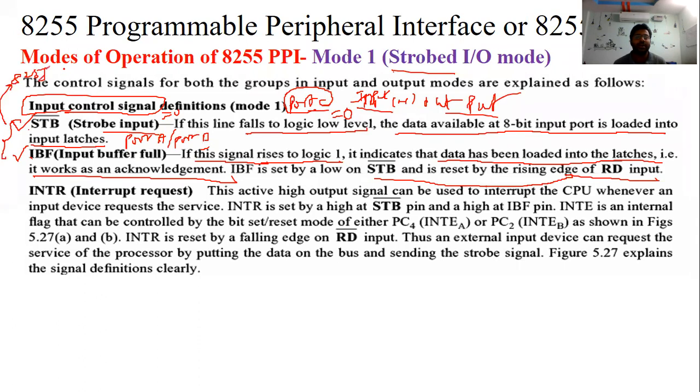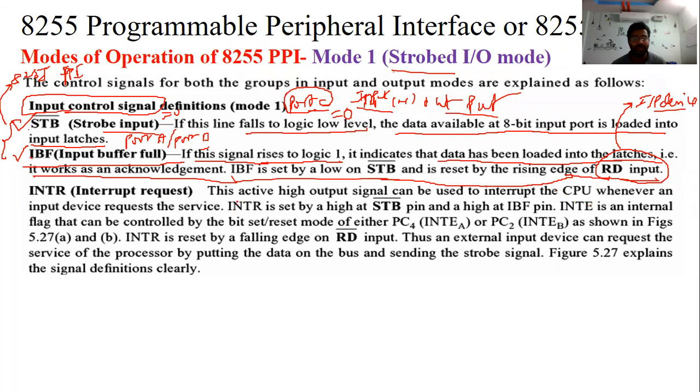Remember, that's why I told you that these two are generated and performed by the 8255 PPI. Once the strobe signal is generated, the data is filled. Now IBF is generated, then the microprocessor understands there is some data on port A or port B. At that time the microprocessor performs the read operation because you connected an input device. An input device can only perform the read operation; an output device can perform the write operation.